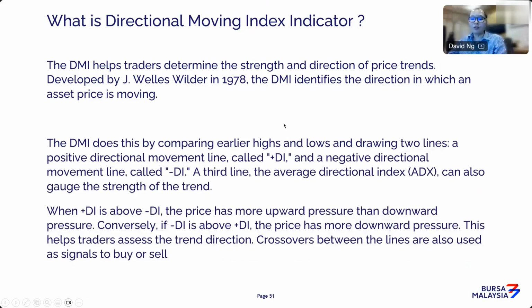Now, I just want to introduce another trend indicator too. It's called the Directional Movement Index indicator, or DMI for short. Now, in DMI, there are 3 particular lines. I'm not going to go into too much detail on this because obviously you can Google it, or you can ask ChatGPT about the derivation of this particular trend tool.